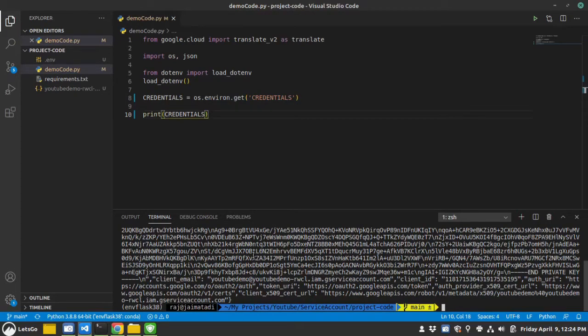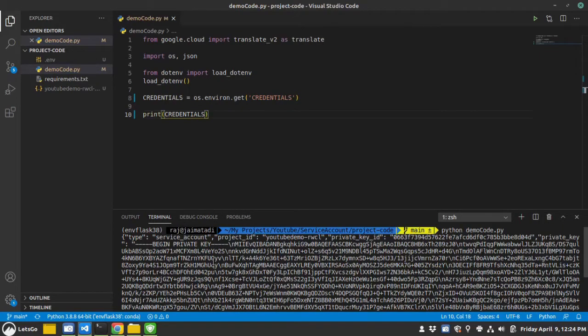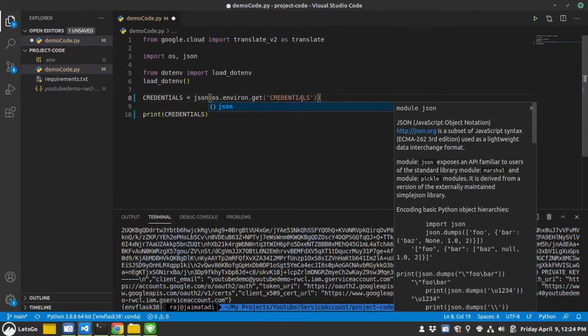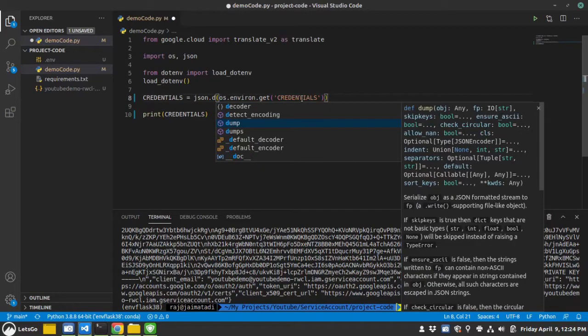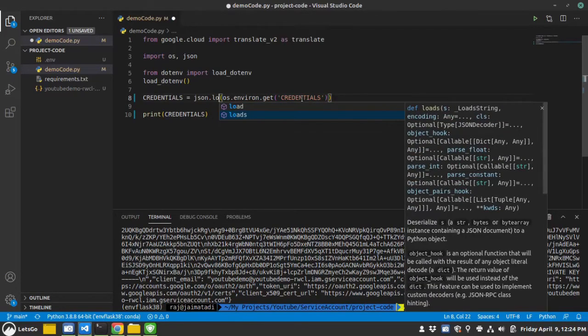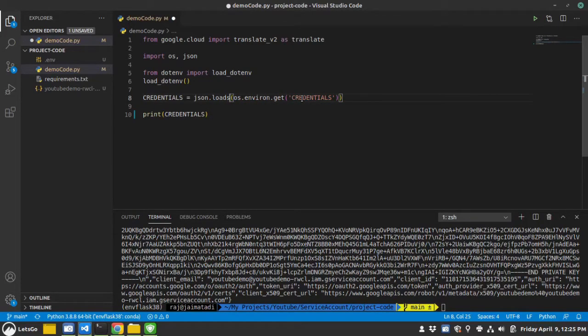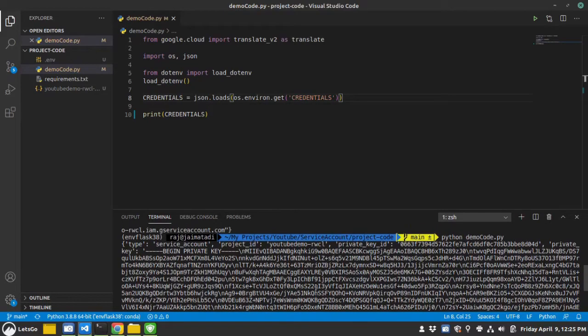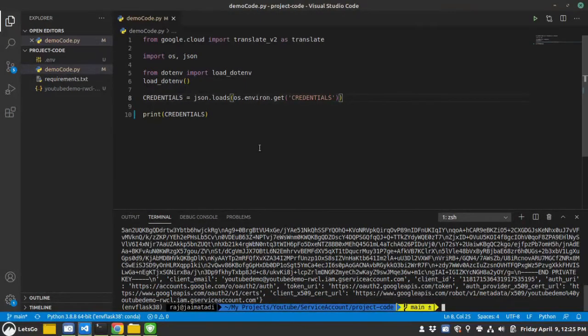Okay, so we have successfully read the variable credential, but it's in string format. So let me convert that into a JSON object. For that I'll use the json.loads method, and now I'll check that one more time. So, okay, now it's a JSON object.